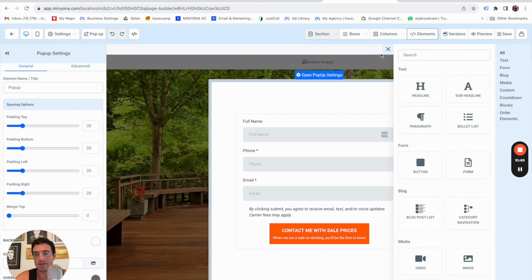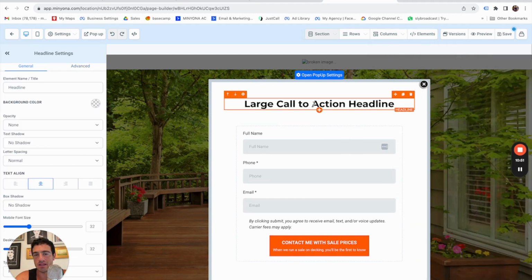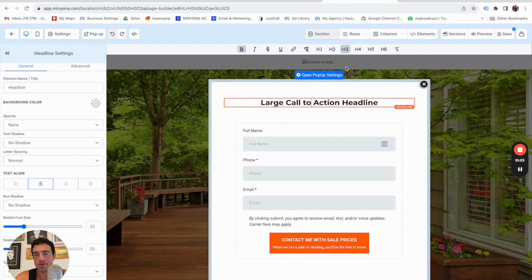So we're going to add an element. We'll add a headline. We'll make it an H3. And we're going to say, it never hurts to get another quote. Even if